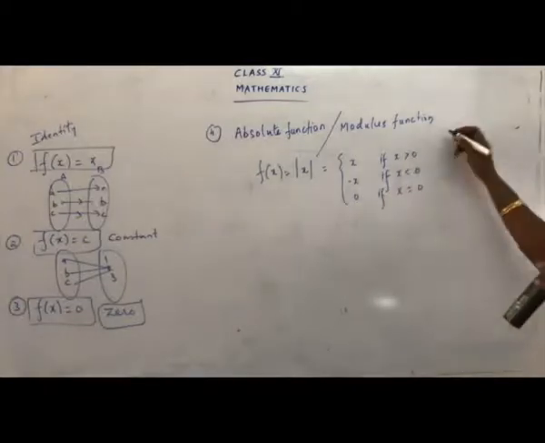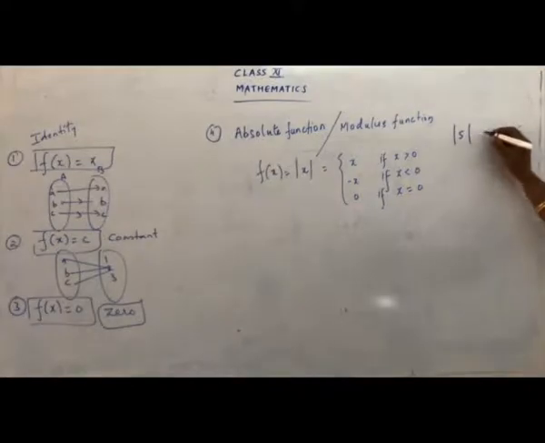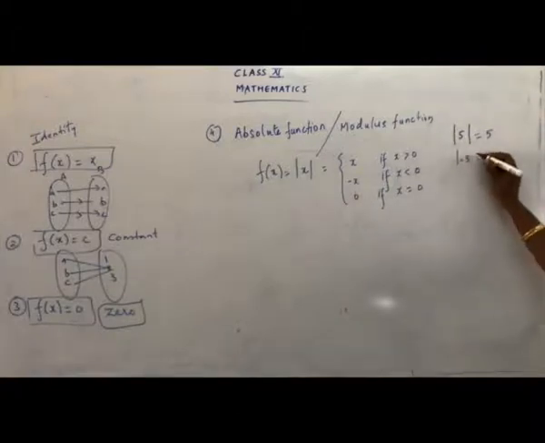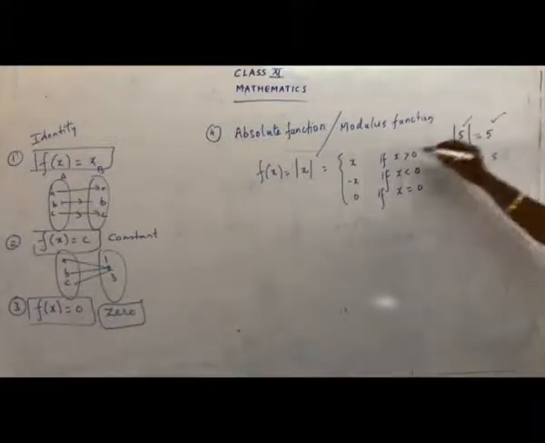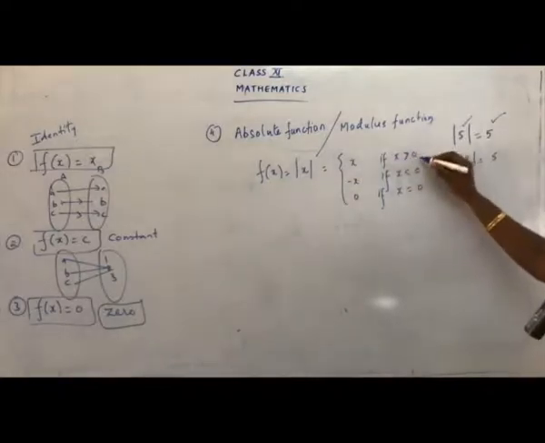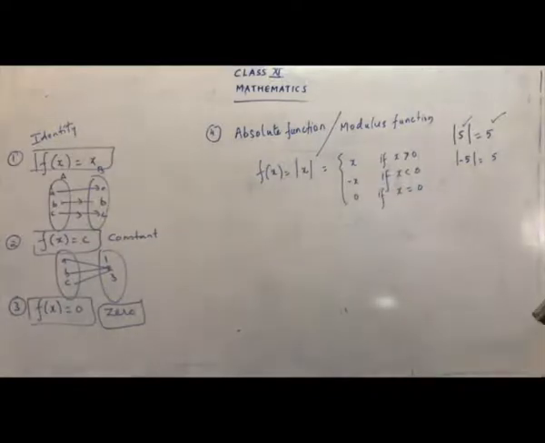Are you clear? Actually, whenever we represent the value, you get the answer as positive. That's what we have studied in our lower classes, in 8th. So, the absolute value of 5 is 5, yes? And what is the value of absolute of minus 5? It's 5. But you may have a confusion: for positive it is positive, agreed. If it is greater than 0, I get the answer positive. But here it is minus x, how do I get minus x?